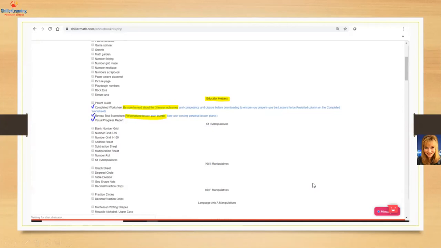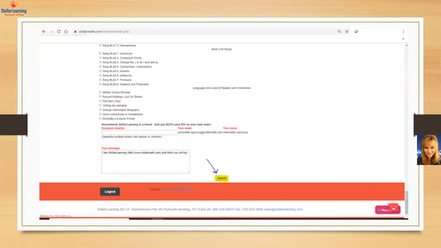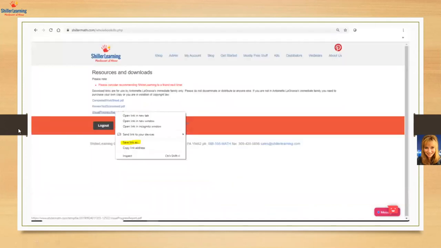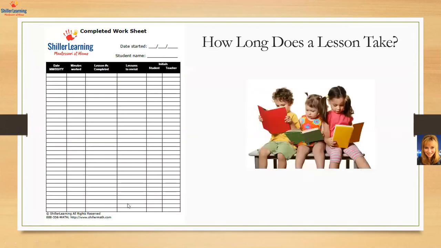Okay, so now you know where to find some extra completed worksheets. That's what we're going to start off talking about. So you're going to check that off, scroll to the bottom of your downloads page, hit submit. Oh, just a second there. One note about that is